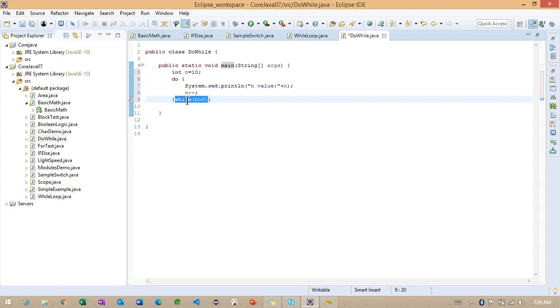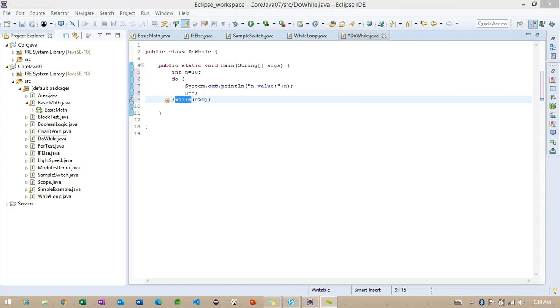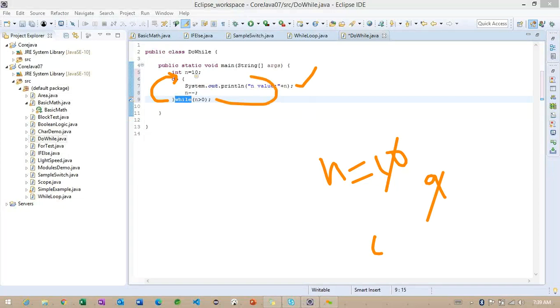Right. Once the condition is true, what happens here? Again it will go back to here. Right. It will go into check. Now, the n value initially is 10. Once this particular statement is executed, it will become null. We are making some condition. The condition is satisfied, so it goes to the do loop.